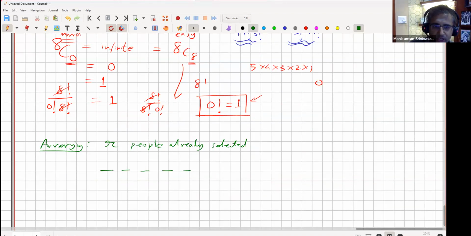There are 5 seats, right? You remember there were 12, choose 5, right? Of 12, I had to select 5. So now I've selected those 5. There are 5 seats laid out. So let's say the selected